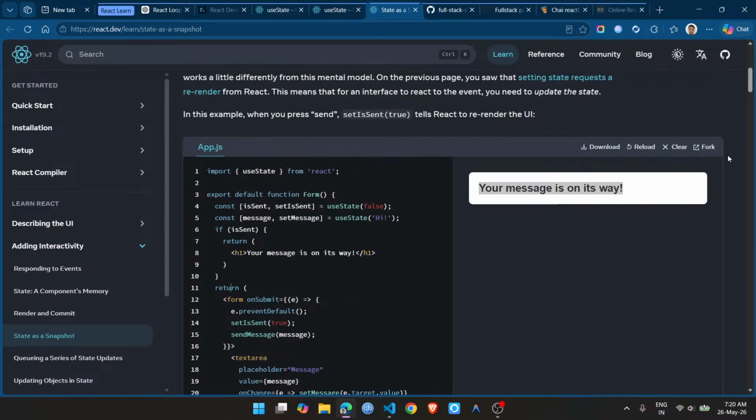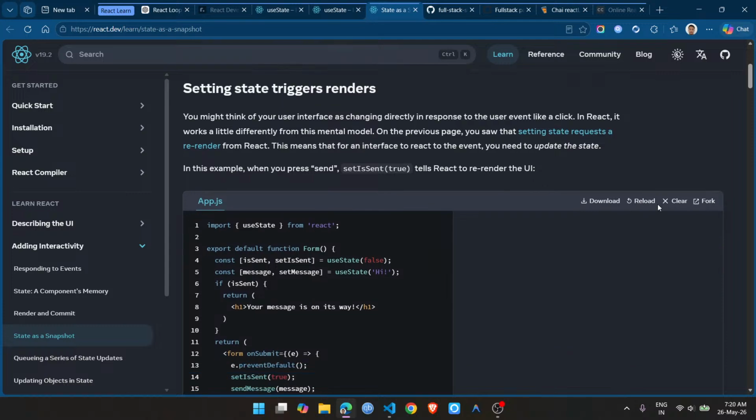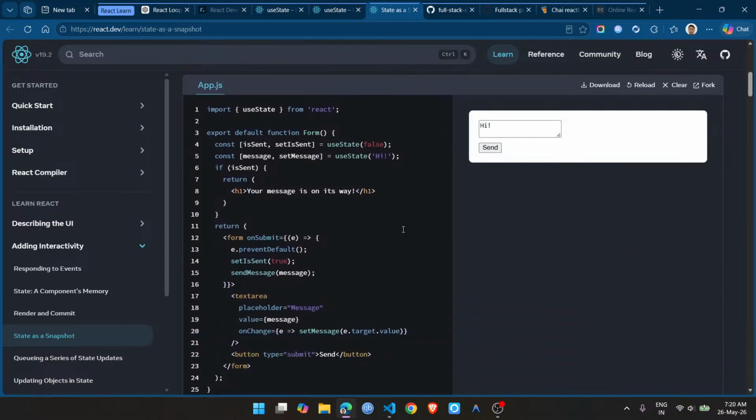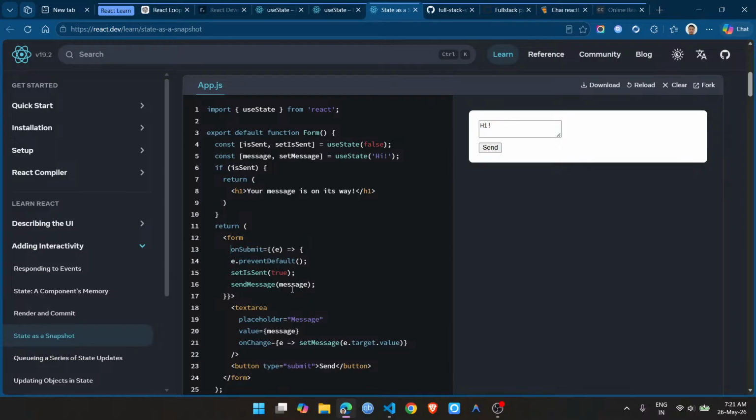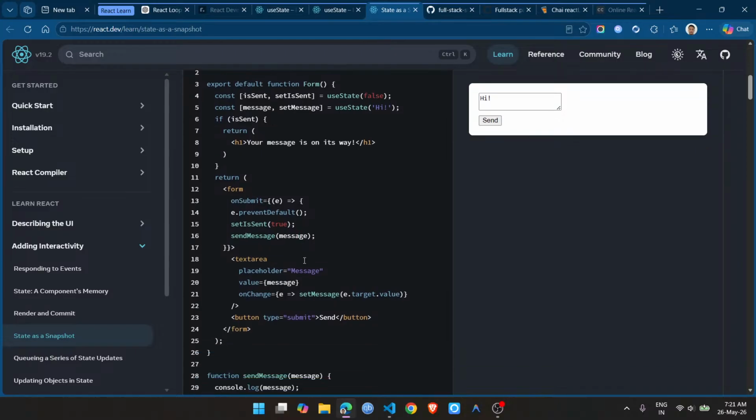And what I'm doing is returning this form. Inside this, I have an onSubmit event. In that, it sets isSent to true, sets the message, and I have a text area which says message value, set message to e.target.value,